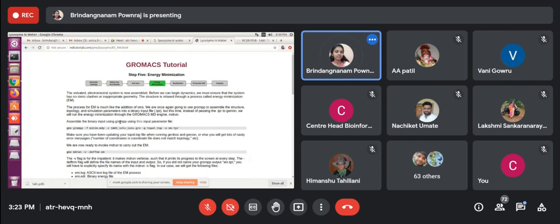So here, as I told in the ion step itself, in each step we need that molecular dynamics parameter file. In this step also it will show here. You can see assemble the binary input using GROMPP. This is blinking, right? So here if you click, you will get that energy minimization MDP file.